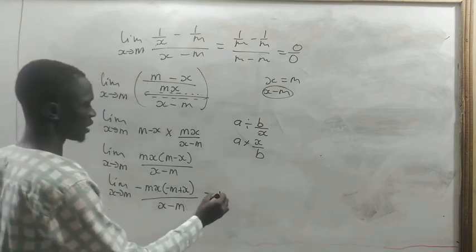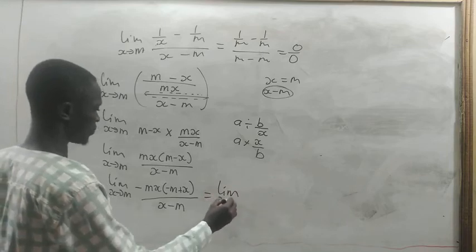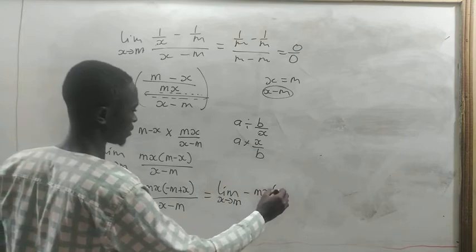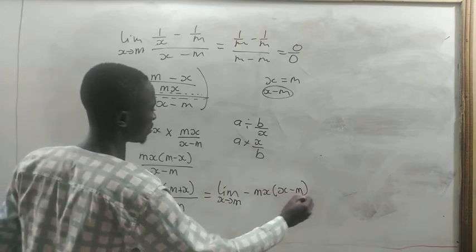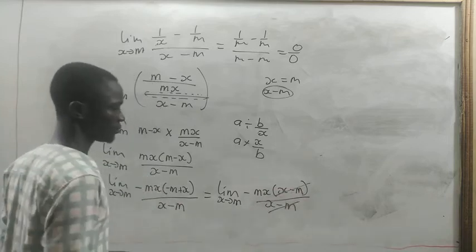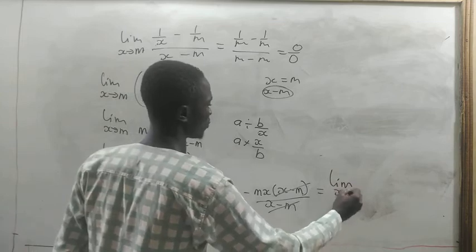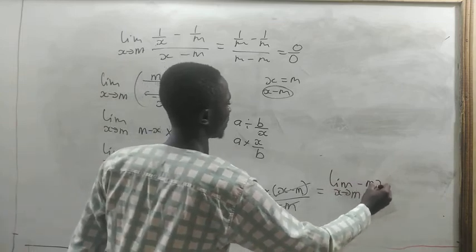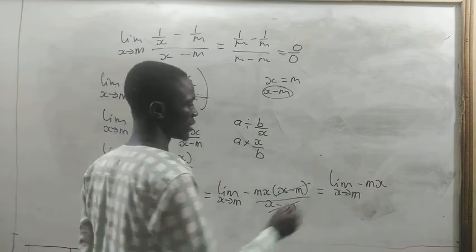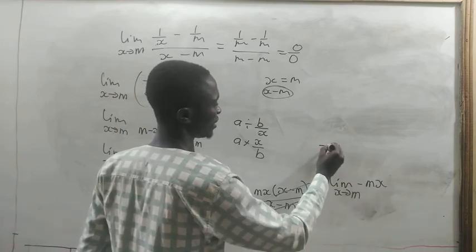So this one will give us the limit as x approaches m of negative mx times x minus m divided by x minus m. And this one will cancel this. So we are going to have the limit as x approaches m of negative mx. And this is the same as the limit, you factorize the constant that is negative m out. You have negative m